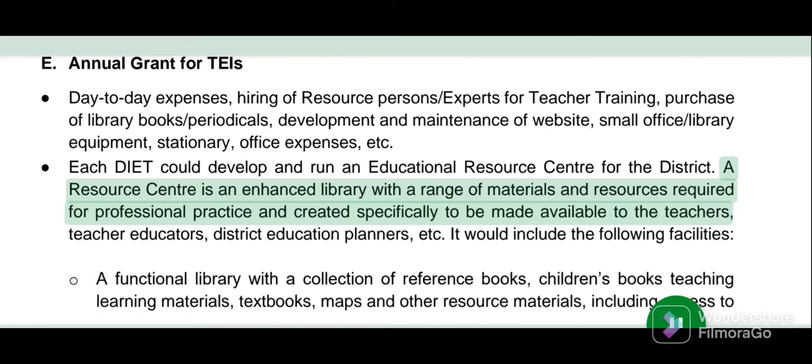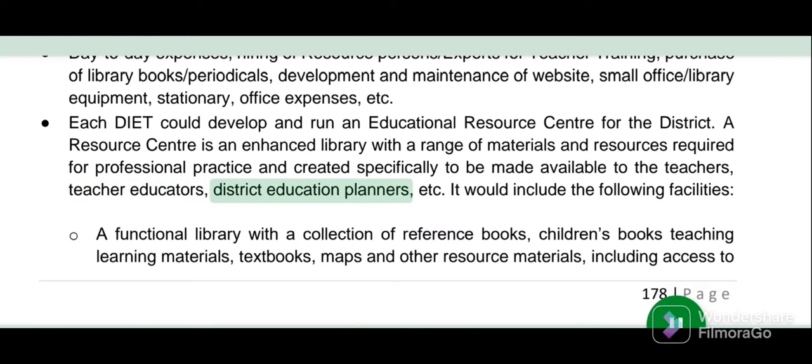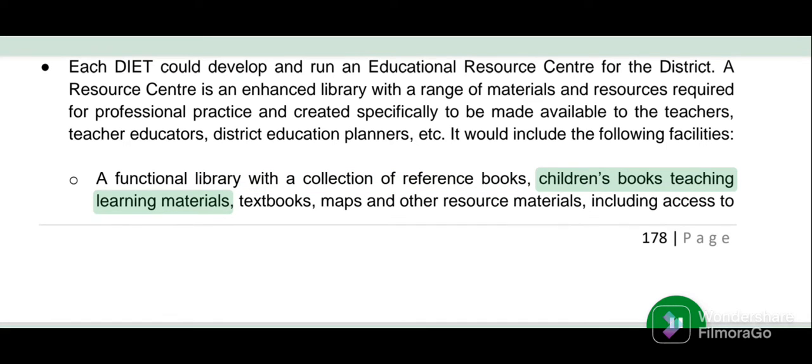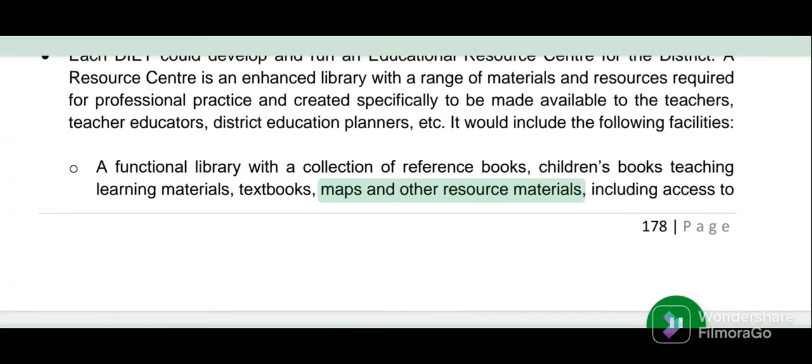A resource center is an enhanced library with a range of materials and resources required for professional practice and created specifically to be made available to the teachers, teacher educators, district education planners, etc. It would include the following facilities. A functional library with a collection of reference books, children's books, teaching learning materials, textbooks, maps and other resource materials, including access to